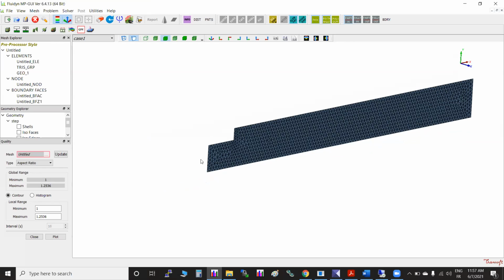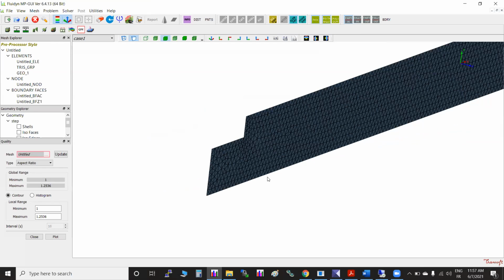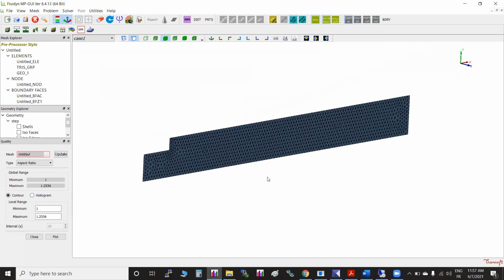Planar 2D is considered when we have a flow which is perpendicular to this, or along the axis direction of this, where the third dimension is not actually affecting the flow much, that is, there is no variation in the third dimension. If you find such scenarios, you can use it for quick understanding of the flow pattern. This is not used in design or optimization studies, but to give you some idea of how the flow structure will be. What we are considering is that in this plane, whatever variation there is in flow parameters, is going to be like that throughout.